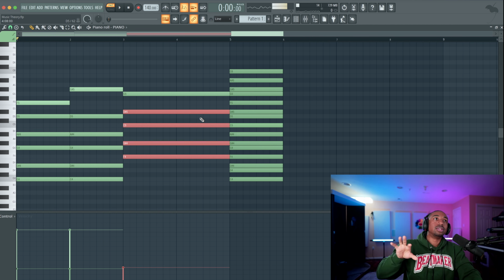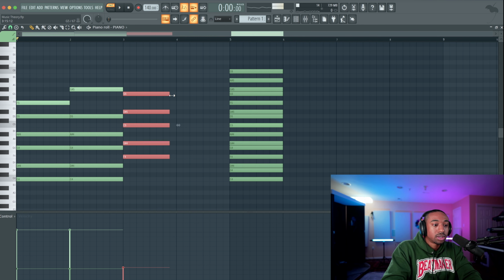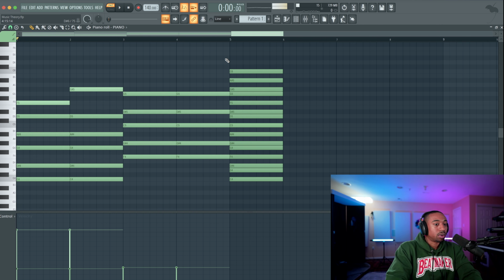Now I'm going to get into a little bit of advanced music theory just to show you how far you can take it. You don't have to use these rules. Okay, so don't use these as hard rules. These are just ways to solve problems that you may have. So let me copy this entire chord over. Now we're going to get into what are called altered chords. So altered chords are where you have a base chord type. In this case, we have a minor ninth chord, but then we change notes within the chord. Okay, so it's going to be written as minor ninth flat 5, or minor ninth sharp, whatever. Okay, so it's just if you raise a note or if you drop the note.